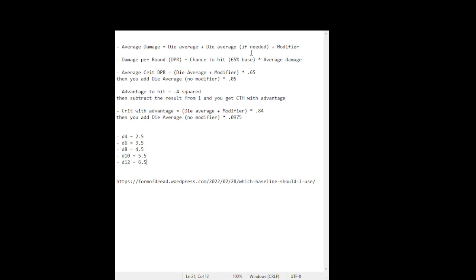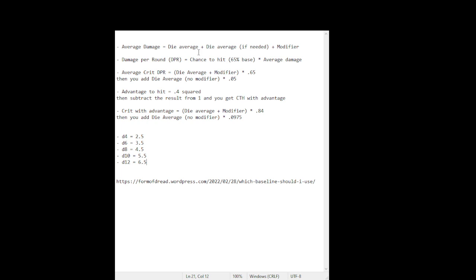So let's take an example. If you want, pull out your calculator, and we'll do this. Let's say you're a barbarian with a greataxe. You have +3 strength, and you're using normal barbarian, so you have a +2 to your damage because you're raging. So what you would do then is you would take 7, because greataxe is 2d6, or technically it's 1d12. So you take 6.5, I apologize. You take 6.5,